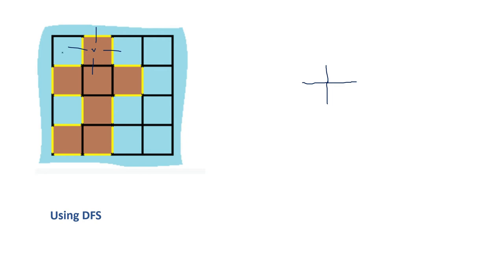So here in this case, water is present, so it will simply return one. This side also it is one because it is out of the boundary, and the right side also it will be one. This side land is present. That means from here again we can call four DFS calls, right? So if we come here, we can call left, down, right. So four directions we can call. So the thing is, we can call this side, this side, this side, and again this side. But again this side we don't want to call. We want to avoid that call.